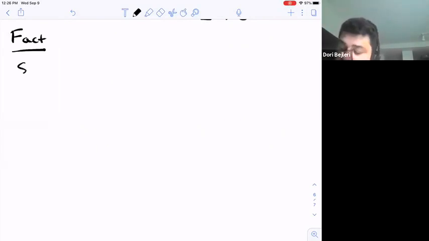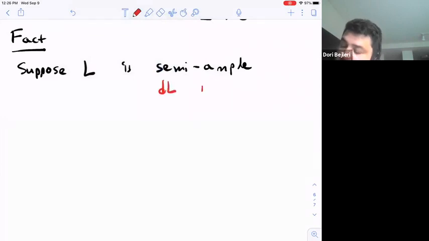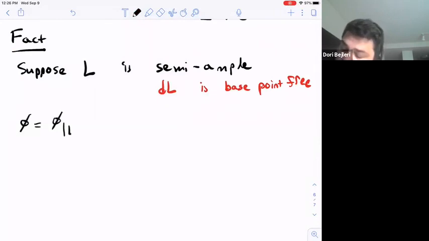So suppose L is semi-ample. So recall this means that D times L is base point free. So it actually gives us a morphism to projective space, though not necessarily an embedding. Then if we look at this morphism for some large enough D,